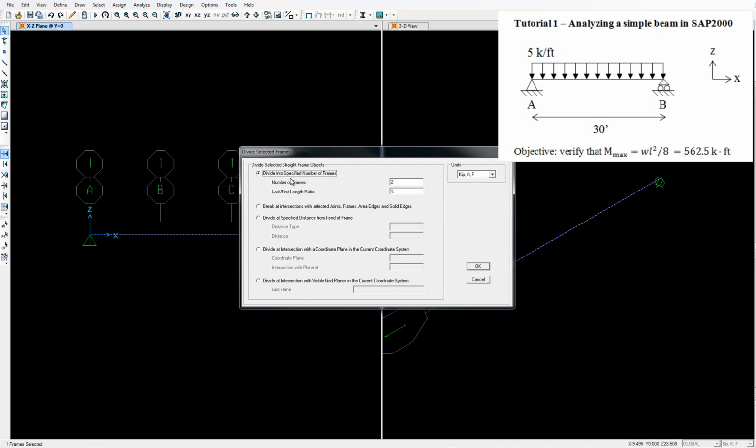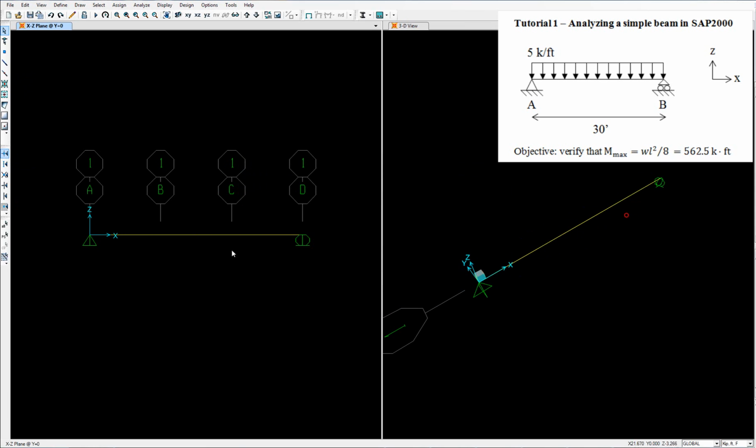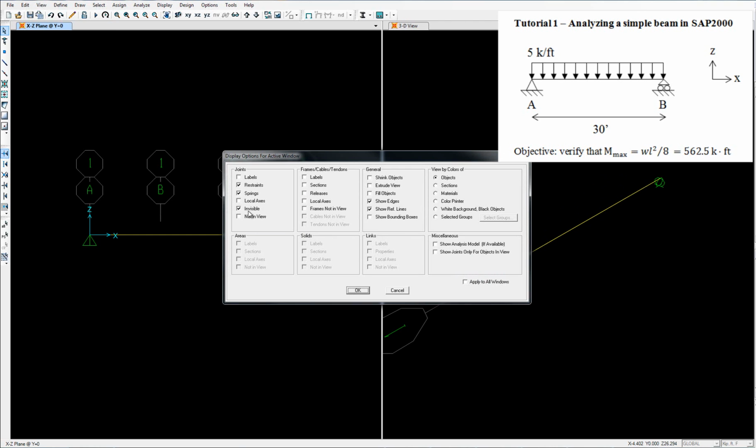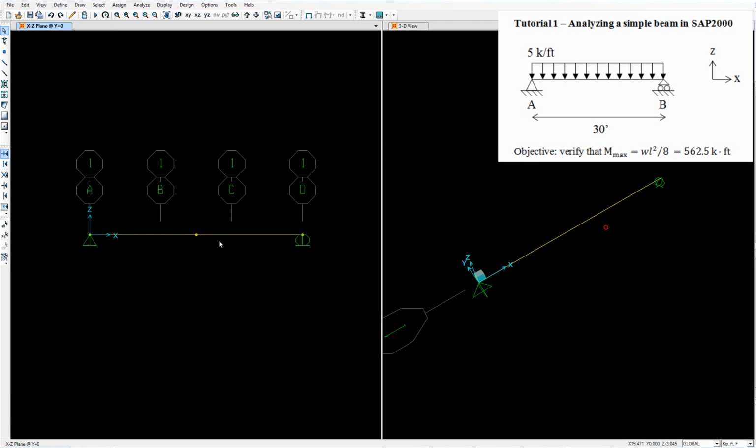Here we have several options. What we want to do is divide the frame into 2 sections. And here you see you have a node in the middle. If you want to see the nodes, you can go in View, Set Display Options, and uncheck Invisible Joints. Here we have the nodes showing on the left-hand side, middle, and the right. We can rerun the analysis